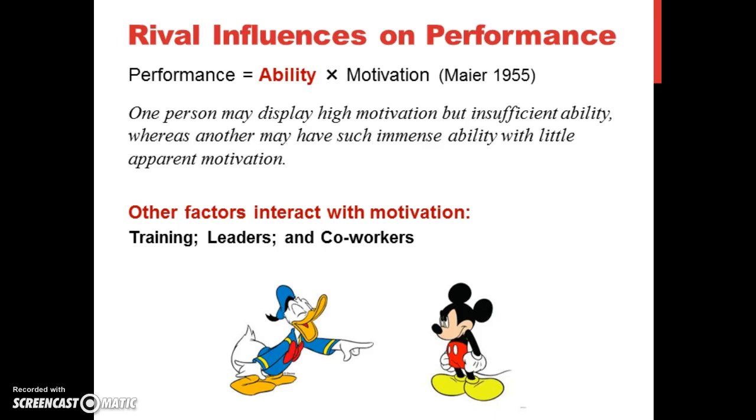May I show this formula to present the relationship between ability and motivation in terms of performance. If ability is 0, even if motivation is 100 or a billion, performance will be 0. On the other hand, if a person has both ability and motivation, the person's performance dramatically increases. Since this is not addition, this is multiplication.